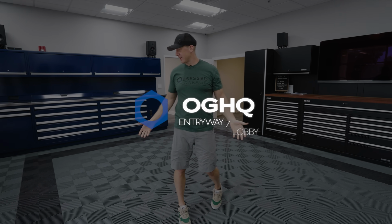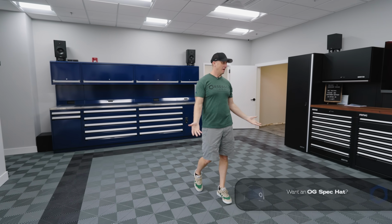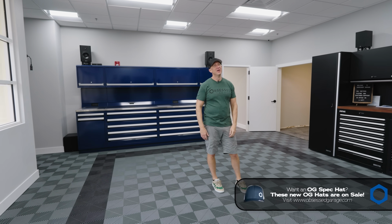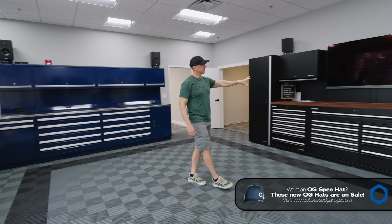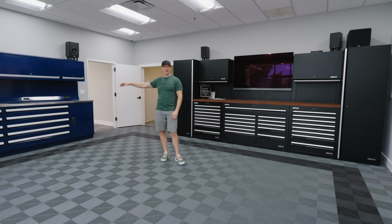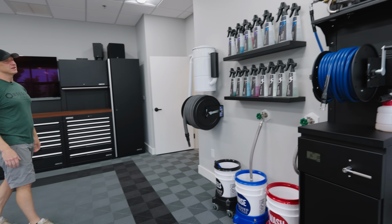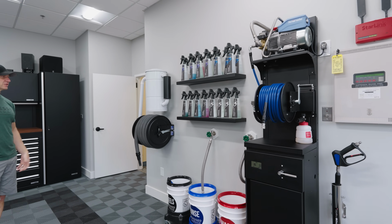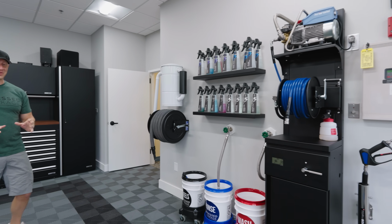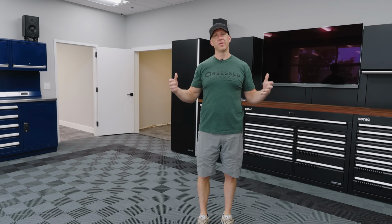So, entryway. I think it makes sense that Obsessed Garage should have a garage prototype in the entryway. We have our Sonic MSS Plus array displayed here, Rousseau array displayed. We have our OG wash station, which will be coming at some point in the next few months. OG vacuum system. I have a really cool Werther air compressor that's going to go over here in the corner. The concept here is that when you come in to Obsessed Garage, you get a feel for the flavor and